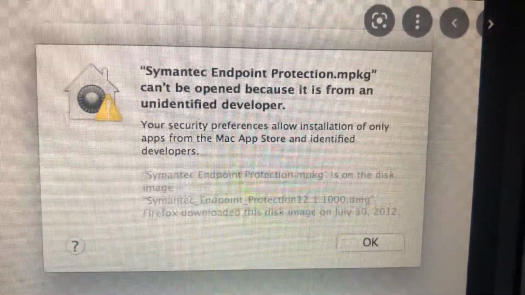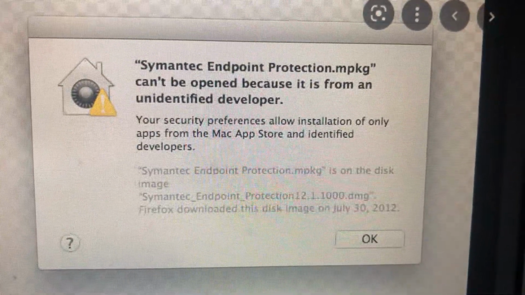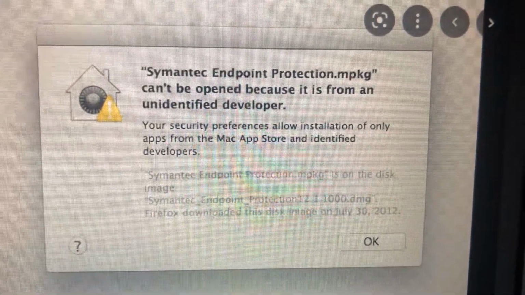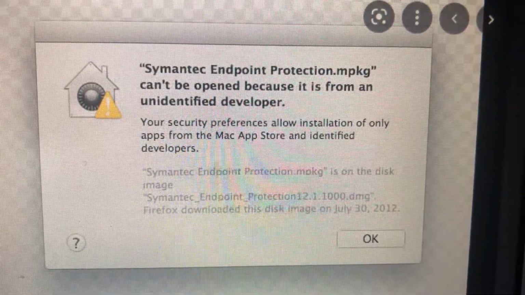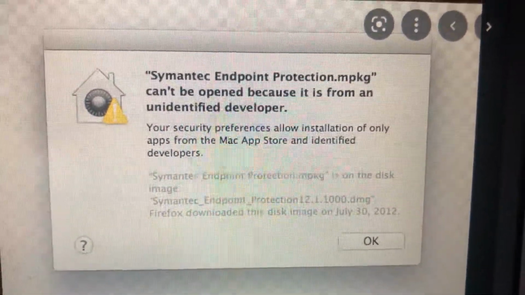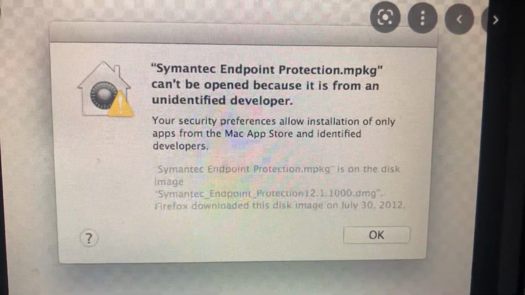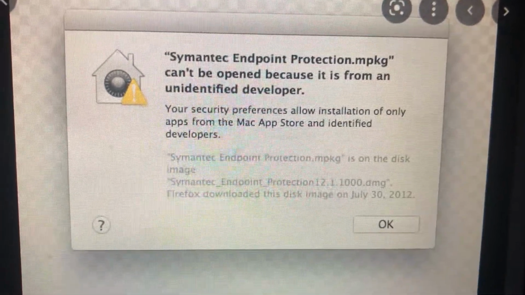So here you can see it. Some name of app can't be opened because it is from an unidentified developer. Your security preferences allow installation of only apps from the Mac App Store and identified developers. So also you can try to